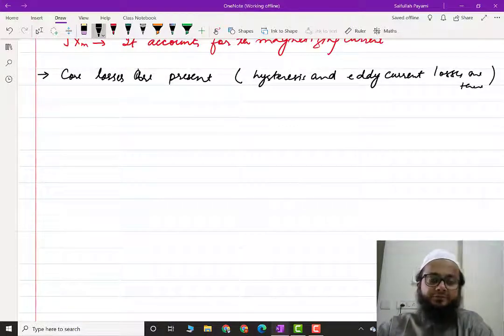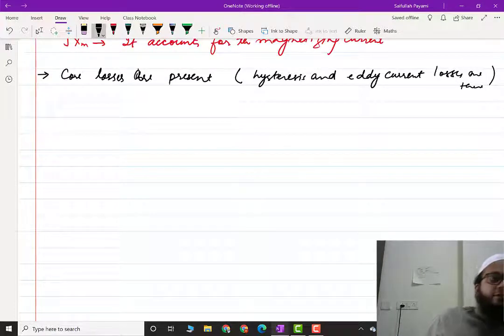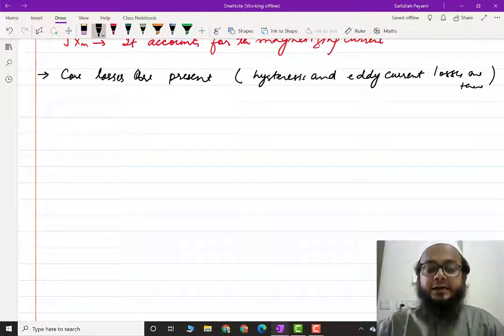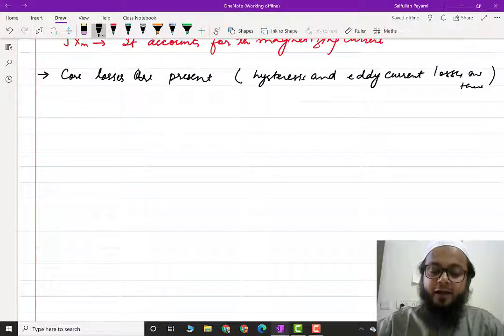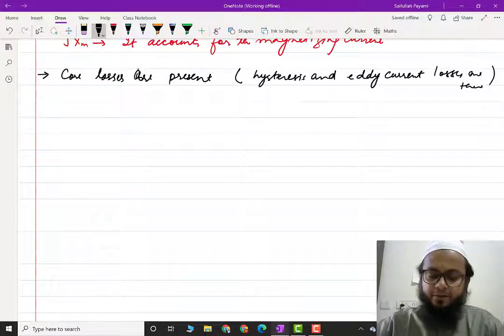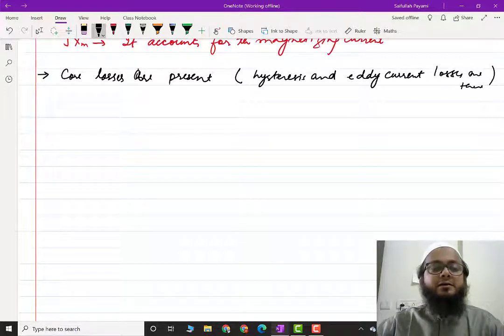And obviously we have seen this when we were discussing eddy current and hysteresis losses in the magnetic circuits. There we have seen that these hysteresis and eddy current losses depend upon the flux. The eddy current loss was proportional to Bm square, and the hysteresis loss was proportional to Bm raised to the power of the Steinmetz constant n, which was 1.5 or 1.6 to 2. These losses were dependent upon frequency as well. They are not linear losses.